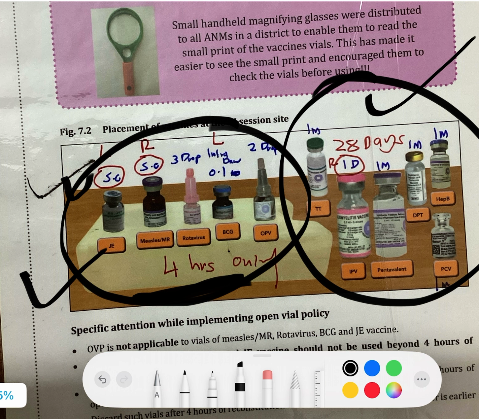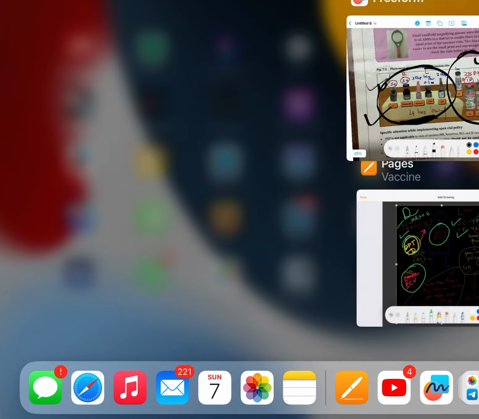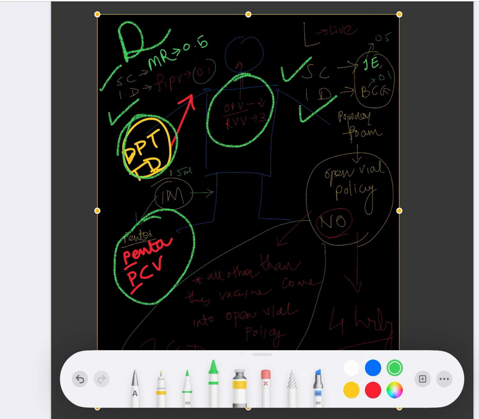And mostly I told you left sided vaccines, but right sided, measles is also there. That comes in powder form also. You have to dilute and give the vaccine. Like Japanese encephalitis; rotavirus is given orally. BCG is intradermal, that is also powder form. OPV is orally given. Measles is given right sided, subcutaneously. Okay, that you have to remember like this here. Subcutaneous MR is given 0.5 ml, intradermal fIPV.